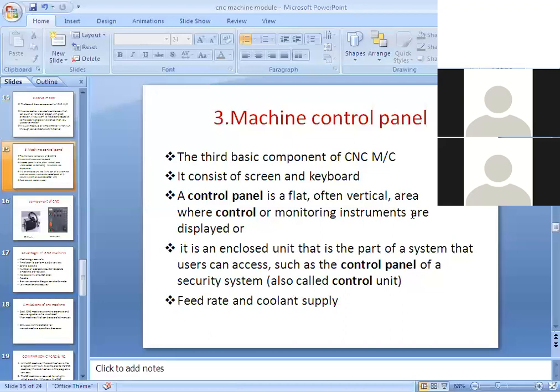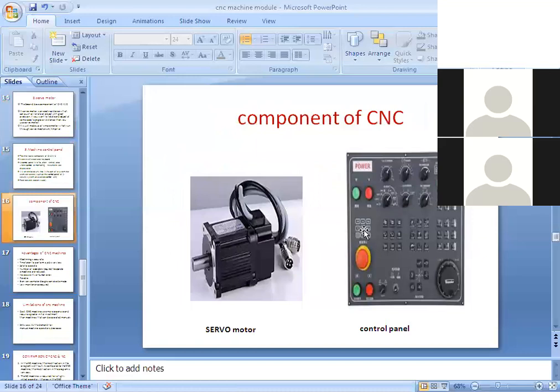If you want to see the machine control panel, I can see it here clearly. This is actually the control panel. This type of control panel will be there in the CNC machine. If you have time, you can search on Google or YouTube for animations of CNC machines and different operations of CNC machines. See one or two videos and you will get knowledge of the CNC machine. If you have done an internship or an industrial visit, maybe you have seen a CNC machine. In our college also, we have a CNC machine in the HT lab.